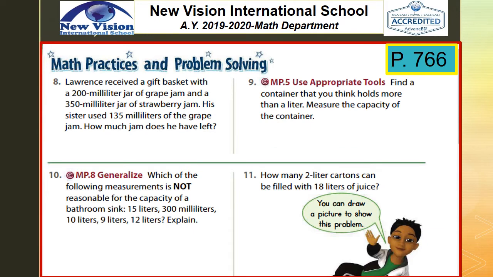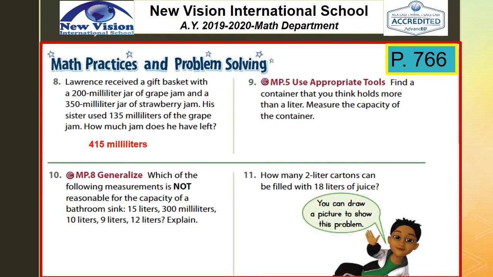Number 8. Lawrence received a gift basket with a 200 milliliter jar of grape jam and a 350 milliliter jar of strawberry jam. His sister used 135 milliliters of the grape jam. How much jam does he have left? What's your answer? Okay, the answer is 415